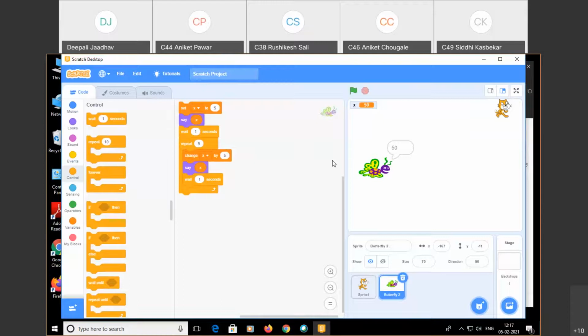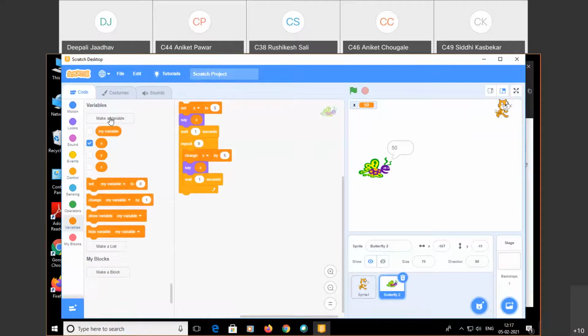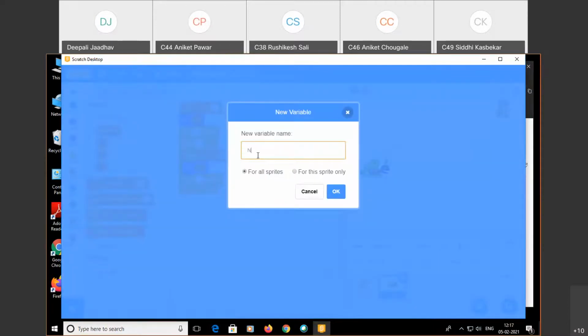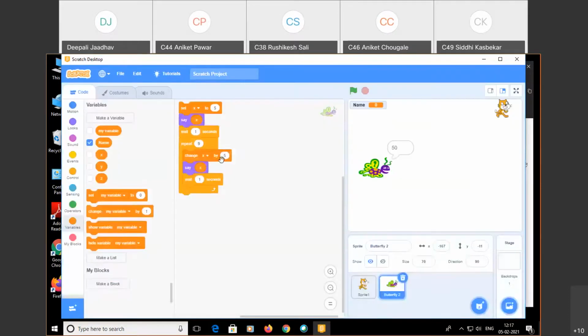Now another simple program I will show you. I create another variable here. Make a variable named name. New variable I have created, name. By default the value is 0.